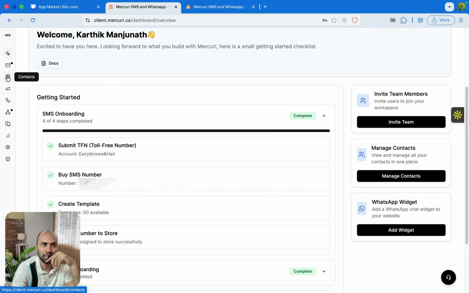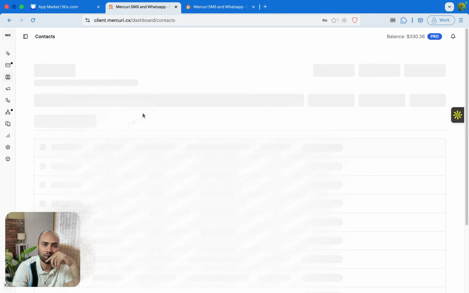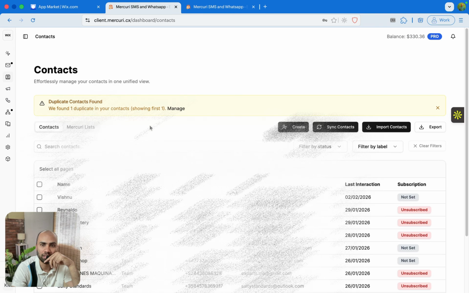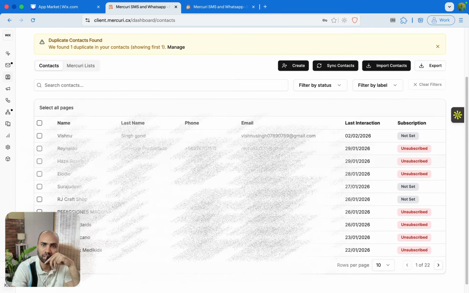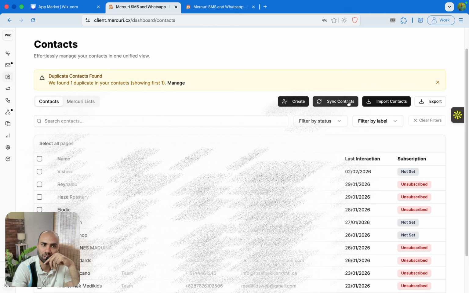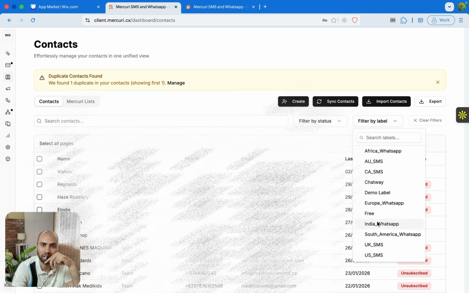And now once the phone number is assigned, there are a few things that you can do. So the first thing that we do is we sync all the contacts from Wix. Now once the contacts are synced from Wix, you can see the status of the contacts. All of them are synced. Are there any duplicate contacts? You can filter by status, filter by label, and then accordingly create lists. So for example,